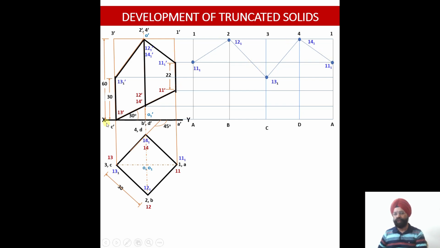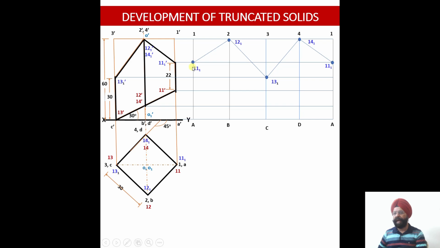Now we are going to find out the points corresponding to the lower cutting plane. You see all the upper cutting plane points are 11 1, 12 1, 13 1, 14 1 and again 11 1, and they are all represented in blue color. The lower ones will be represented by points 11, 12, 13, 14 without a suffix, and they will be represented by red color. So once again 1A.